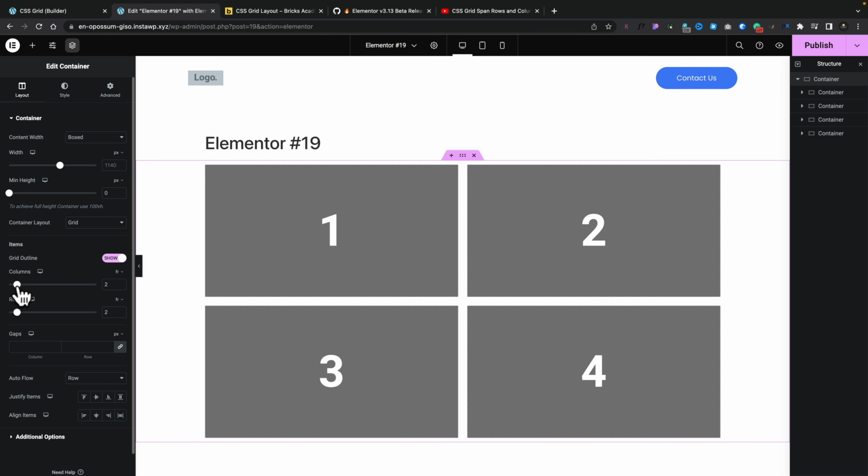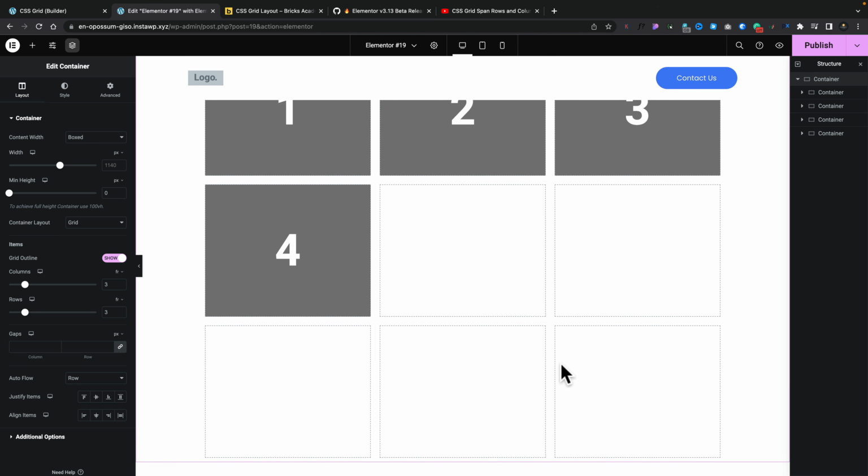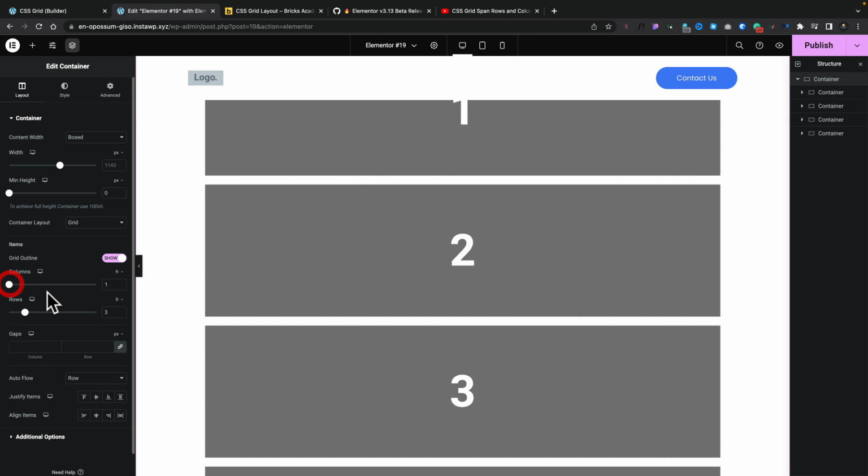Let's change the columns over to 3. And you see now what happens is it all compensates for that change in columns and rows. So if we take this to be, for example, 1 row, you can see nothing happens because we have this set to 3 columns. We have to have that second row. Again, if we set this to be 3, you can see even though we can visually see these kind of placeholders using the grid show option, nothing's actually inside there. However, if we change this over now to columns and set this to be 1, you can see that now